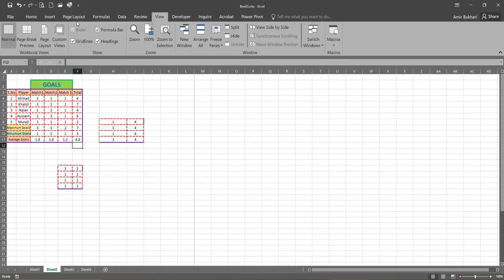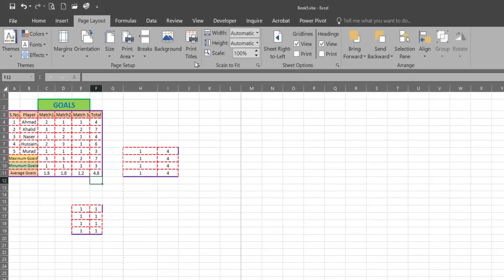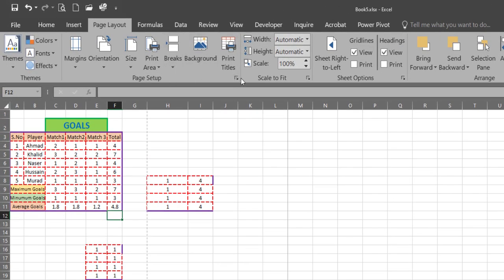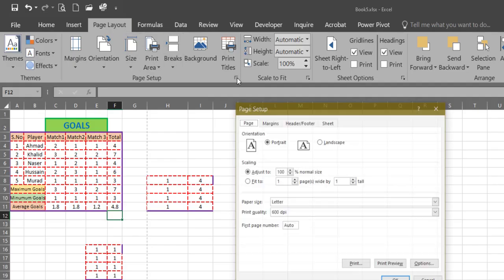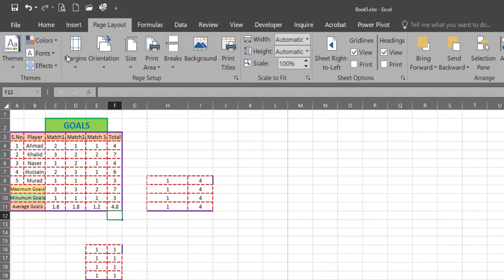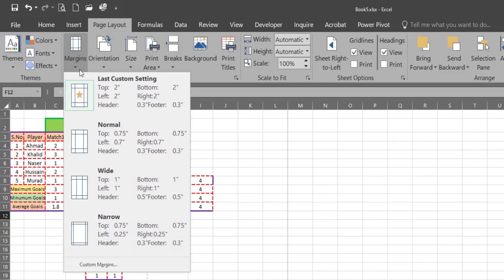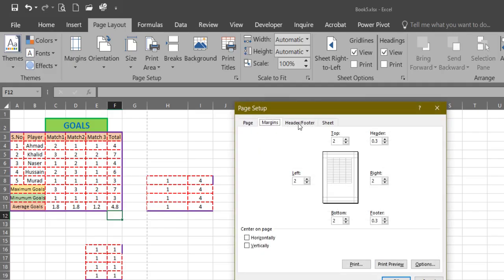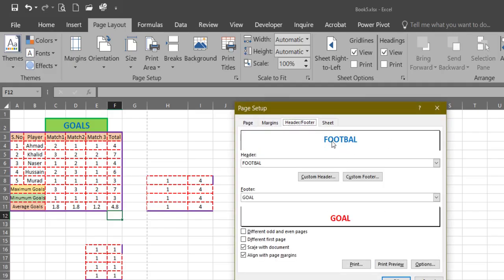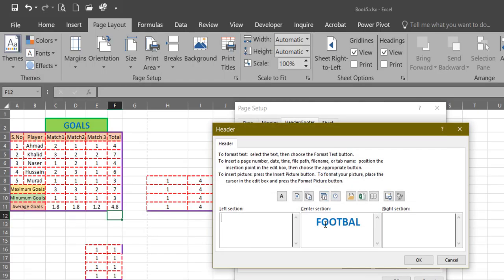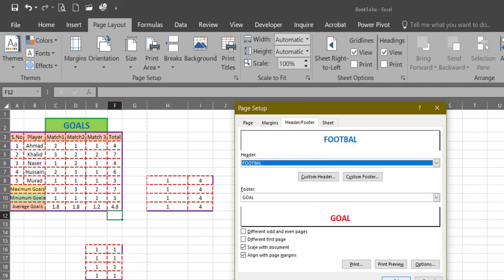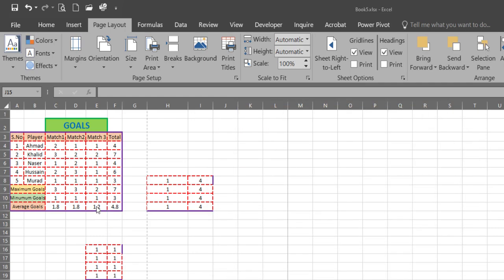You have one more place from where you can change the header and footer. You can come to the page setup or page layout and click this arrow. You will be in page setup. You get this one from almost all these different places. Like if I click this one, custom margins, I still have the same area. You can see it shows here. Now I can come to the custom header, and if I don't want this to be in the center, I can put it on the left or on the right side, and then you have some more options here which you can choose. So this is how you can set the header and footer of your document.